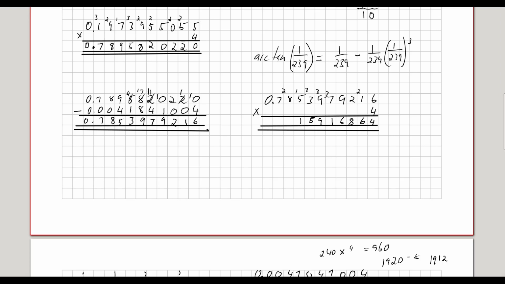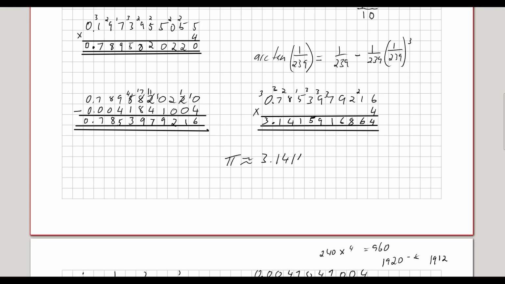My mind is blanking here. 4 times 8 is 32, plus 2 is 4. 4 times 7 is 28, plus 3 is 31. Because 4 times 0 is 0, plus 3 is 3, and this is pi, or an approximation of pi,